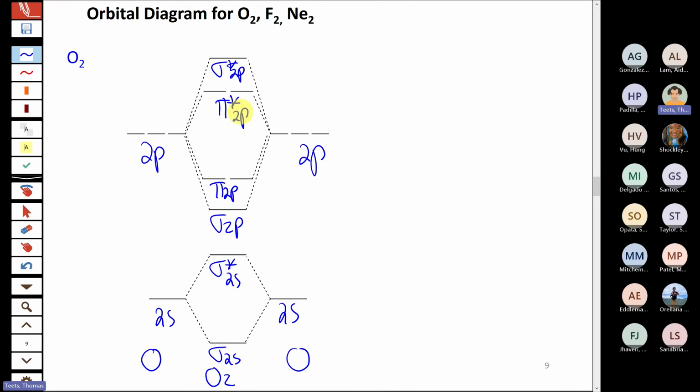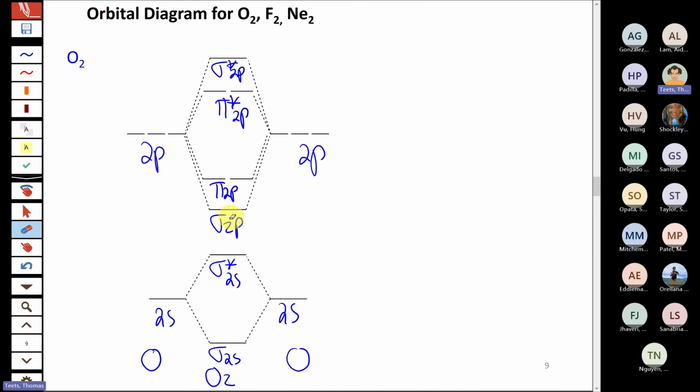Now, one question that might come up is why is sigma 2p lower than pi 2p and why is sigma star higher than pi star? The reason for that, which is something we have not talked about up until this point, is that how much the orbital energy splits when you make the bonding and anti-bonding orbitals is a function of how strong the overlap is between the two orbitals making those molecular orbitals. So sigma overlap, which is head-to-head right along the bond axis, is very strong overlap. So your sigma gets stabilized by a lot, and your sigma star goes up by a lot. And so that results in those being the lowest and highest.